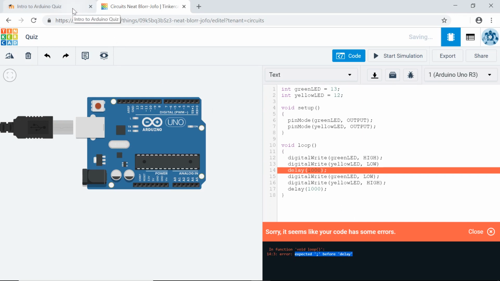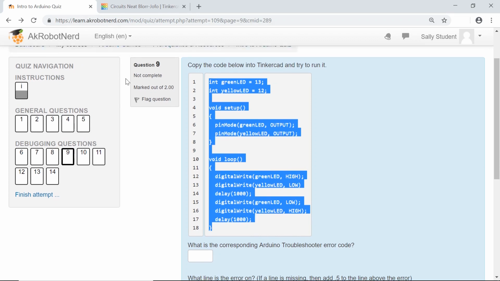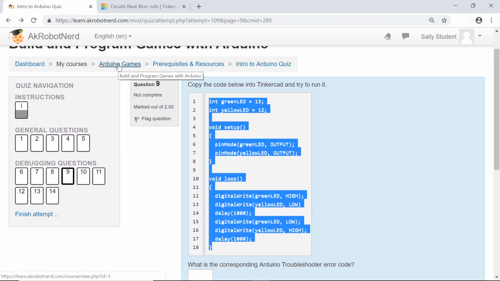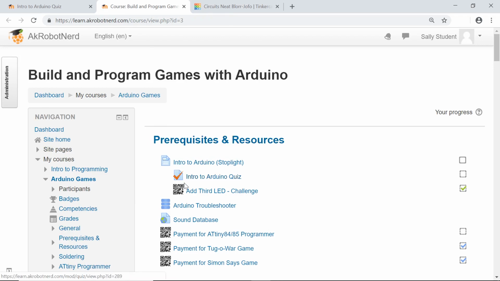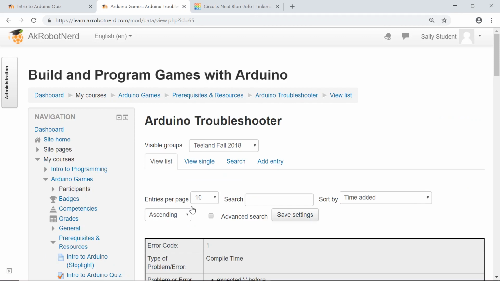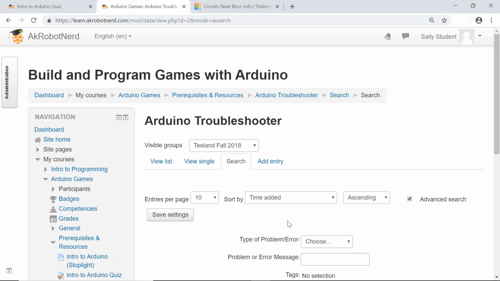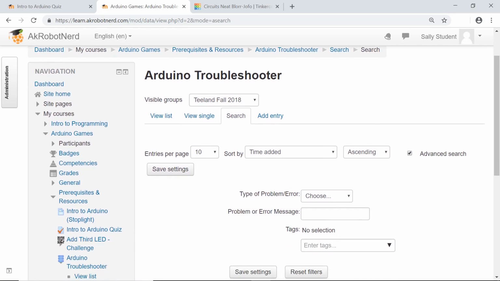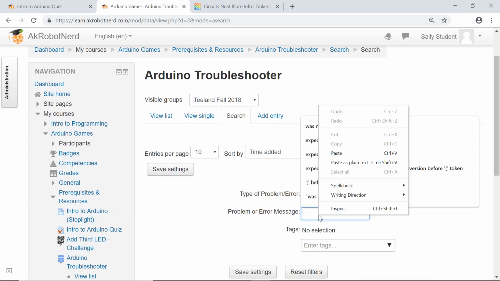Then I'm going to go back to my quiz. I'm going to scroll up just a little bit here and right click on Arduino Games and say Open Link in New Tab. Then when the course opens, I'm going to scroll down until I see Arduino Troubleshooter. This is a little database of common errors that students make with the corresponding error messages. I'm going to click on Search, and then scroll down to the box that says problem or error message. I'm going to just paste my error message in here